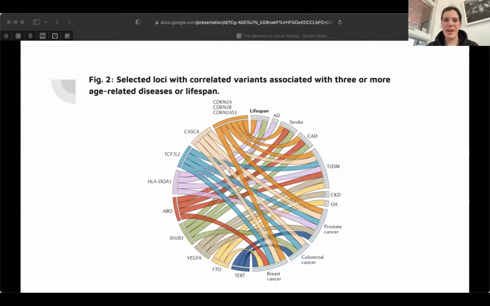But overall, there were 961 genome-wide significant variant-trait associations across the selected age-related diseases, those all being previously covered in that other slide, including things ranging from strokes to heart disease to cancers. And based on the focus that the variants affect several age-related diseases, these were more likely to reveal, as we said, underlying aging mechanisms.